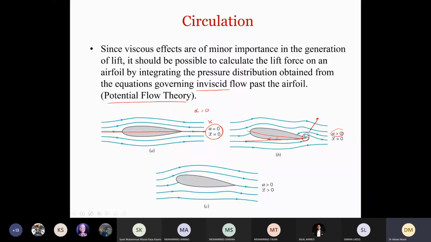If we want to get rid of this instability, we can add a vortex, we can add circulation over here, circulation of flow, which is representing the spinning of the flow. So when we add circulation of flow, what is that circulation doing? The angle of attack is still the same, but now it is making the streamlines smoother. You can see that the streamlines are smoother now, and as a result, the lift force will increase also, right? So this is just showing you an example of circulation.